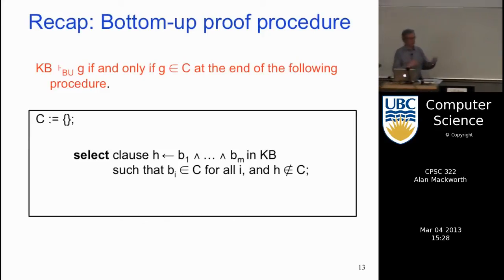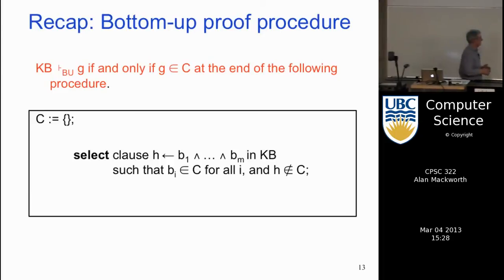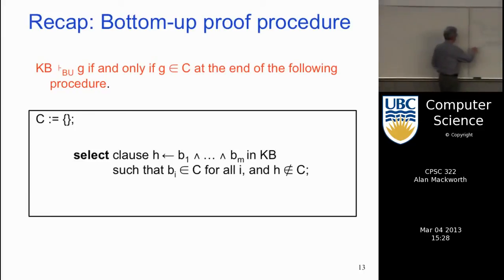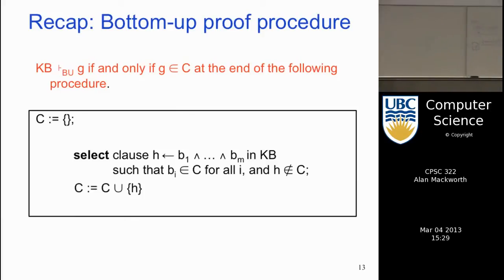So you put those in first, and then you see, have I got all the atoms in the set of consequences? So I build up this set of consequences, and then I see at any stage, do I have all the atoms on the right-hand side of a rule in the set of consequences, and I don't yet have the head? If so, throw the head in, because if these are all forced to be true, then this will have to be forced to be true if this rule is true in every model, right? Which it has to be. Okay, that's all this thing is doing, right?